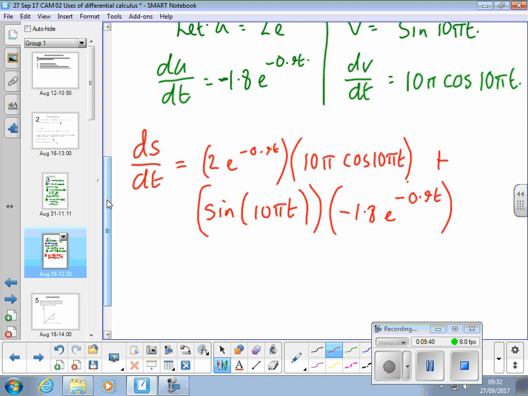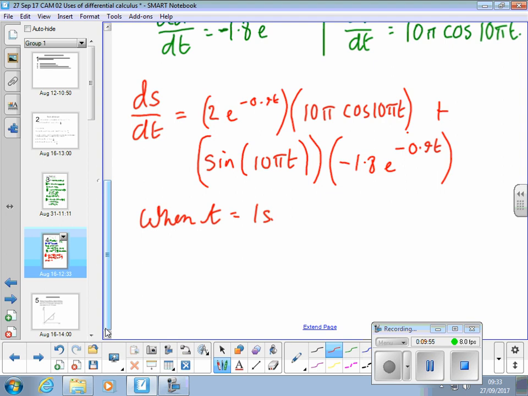Determine the velocity of the end of the spring after 1 second. So ds by dt is the velocity. Anyway, I'll put it down as ds by dt. So like a link into the next part, it is equal to 2e to the minus 0.9, t is 1,